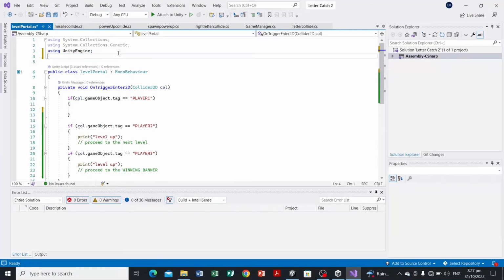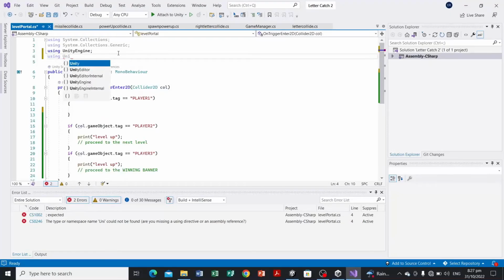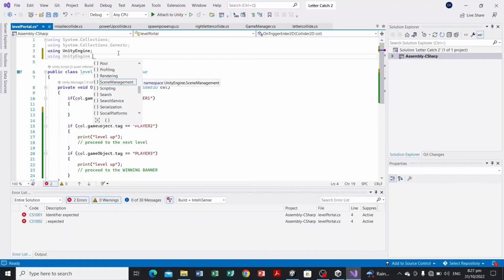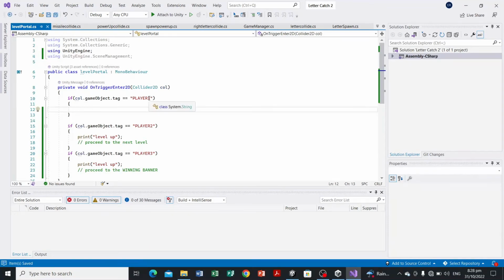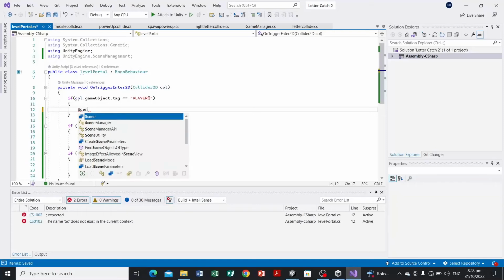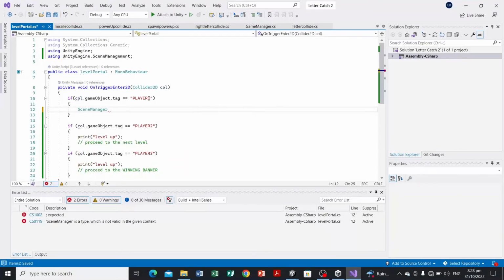Let's retype it again. I don't know what's going on. Using UnityEngine.SceneManagement, and I don't know why it is not working. So using UnityEngine, SceneManager, there we have it, that LoadScene,